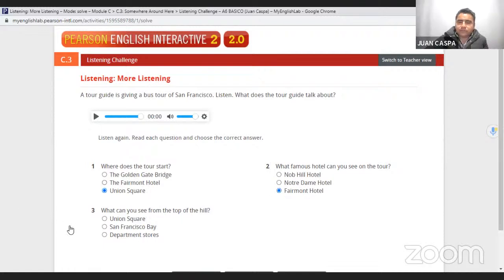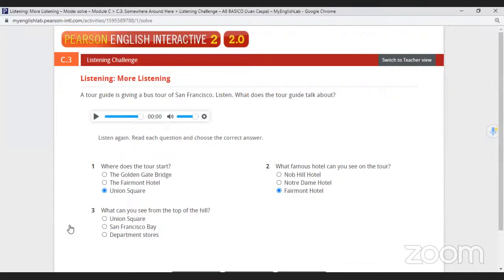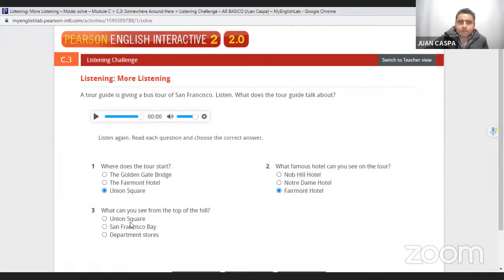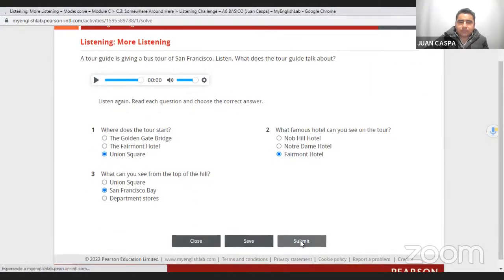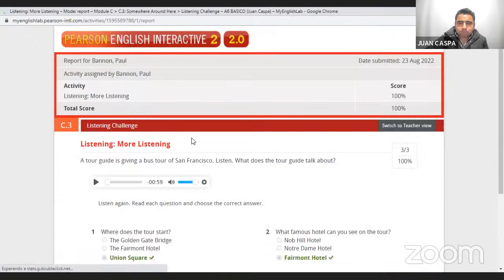And number three. The San Francisco Bay. Okay, I think it's good. Let's check. Definitely is perfect. Okay, let's continue now with the other one, which is video listening, and there is